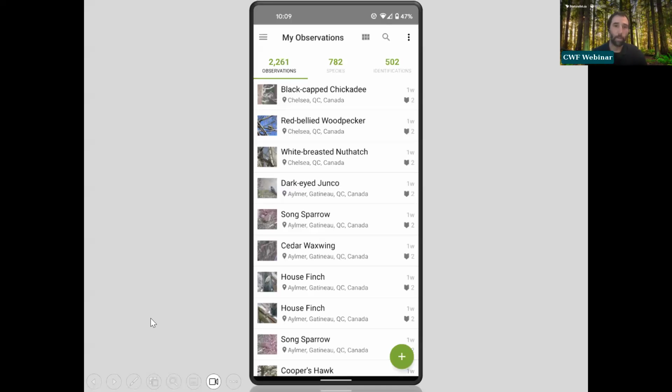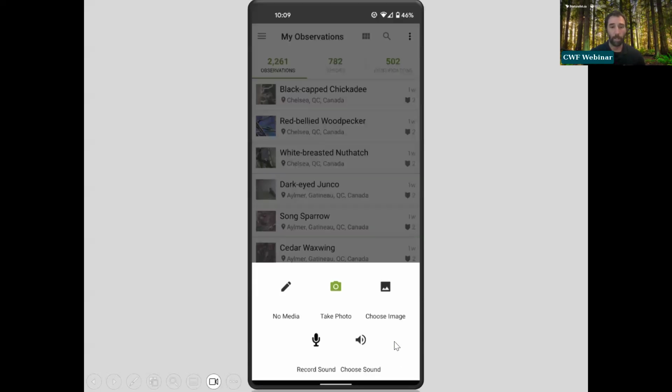and we'll see that we open the iNaturalist app. So the first thing you're going to see when you open your app, if you have an account already and if you have observations, is your list of observations. If you don't have any yet, it'll look blank, but you do need to have an account to be able to upload an observation. So the first time you open it, it will look like this, and this is your observation page. We're going to tap the plus button